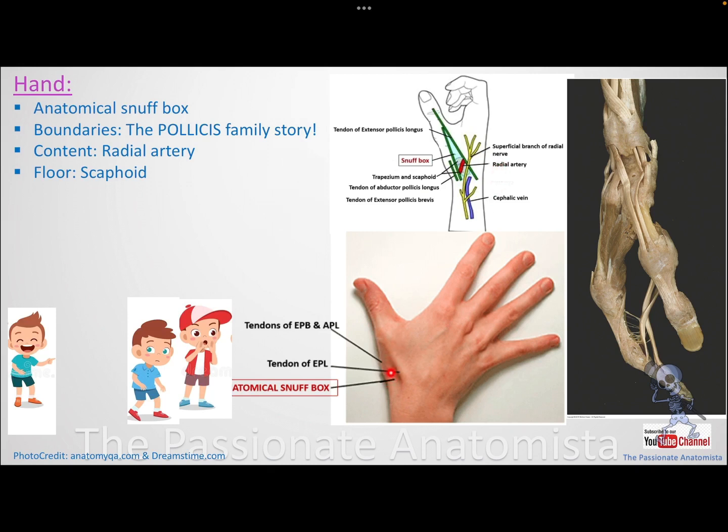What is the important content? It's your radial artery. You guys can now touch this area and you will be able to feel the pulsation of radial artery against the scaphoid bone. And what about the superficial? Superficially, you have the skin and you have the superficial branch of radial nerve, and also the cephalic vein is there